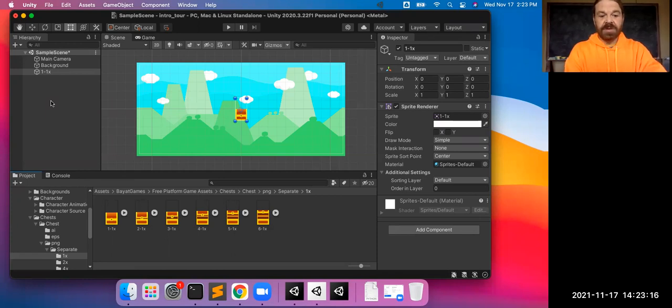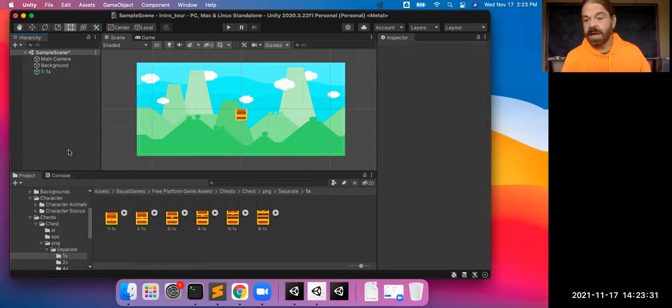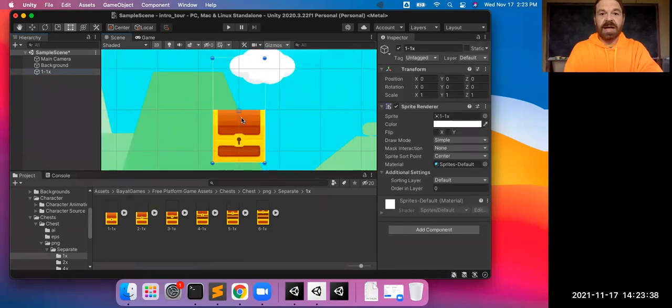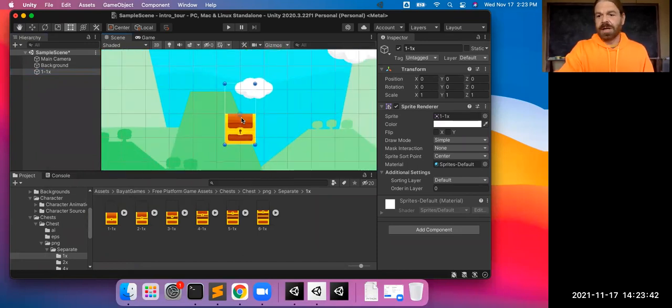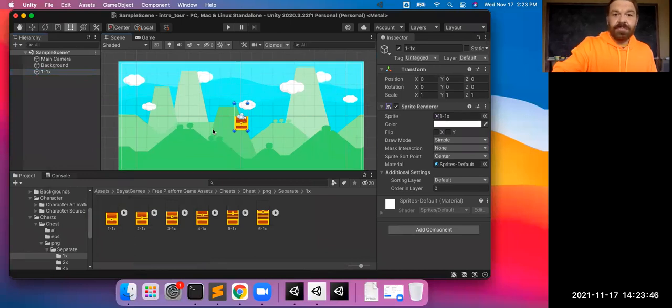Or another option is if you right click and create a new 2D object, you can create an empty object, and then add that image to it afterwards. Depending on how you want to set it up, there's different ways. But once it's in there, again, you push F to bring that object into focus, if you want to see just that one. Oh, that worked a lot better than when I did that on the background. So yeah, just the letter F